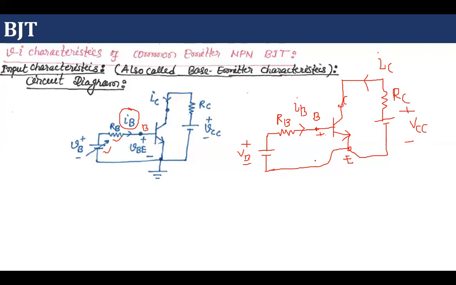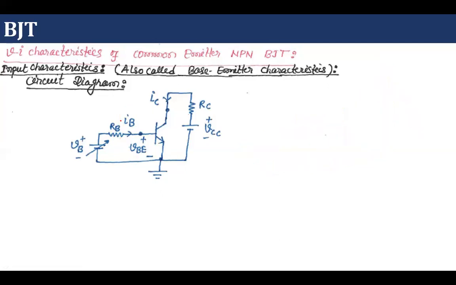and this voltage will be known as VBE. This subscript itself represents how this voltage will be measured. The voltage will be measured at the base terminal with respect to emitter. Similarly, we are going to measure the voltage at the collector terminal with respect to emitter, and so this is known as VCE. So in this way, you have to draw this circuit diagram. And for input characteristic, we are going to measure these two parameters, IB, base current, and VBE, base emitter voltage.